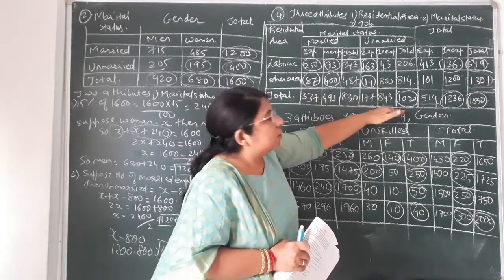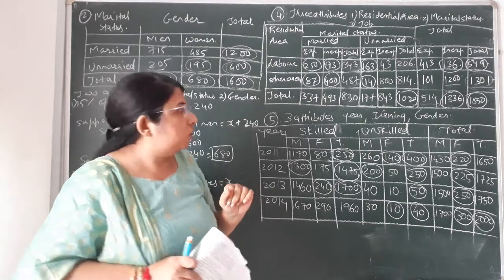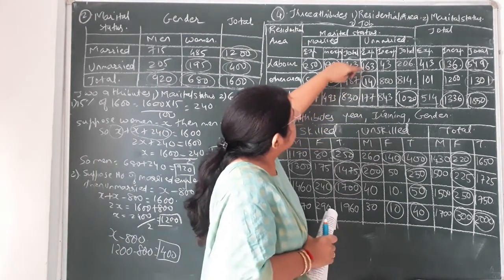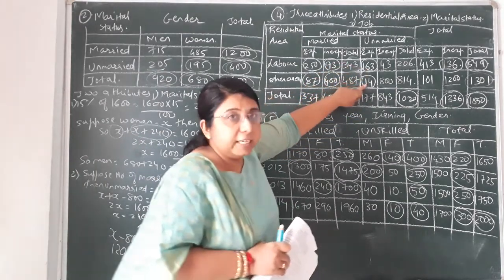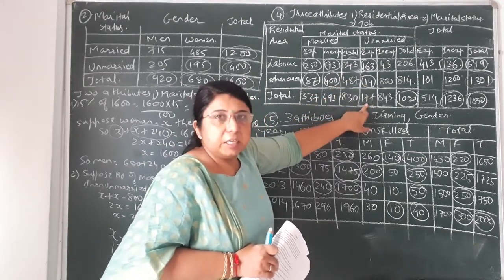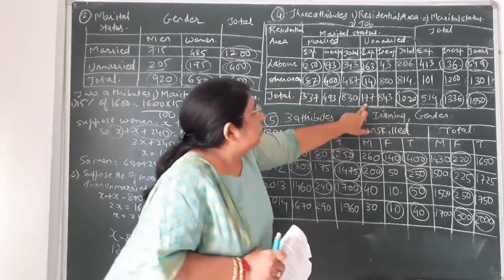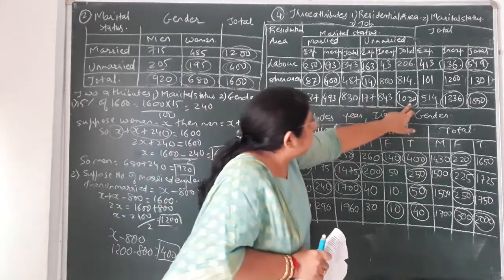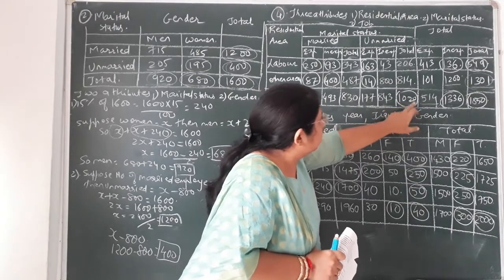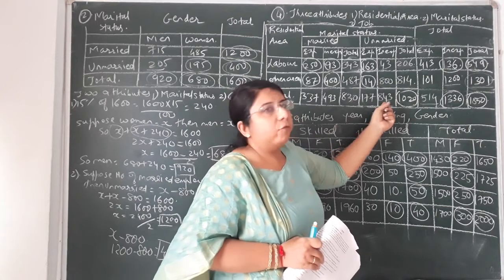Now only the table of unmarried is remaining. How will we find the remaining data of unmarried employees? Okay. Now over here, first thing, 163 and 14 are already given to you in the question. So easily you can find the total of it, that is 177. Okay. Now over here 1020 is given and 177 you have found out. So you will subtract these two values, 1020 minus 177. The difference would come to 843.